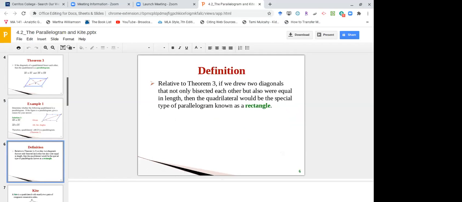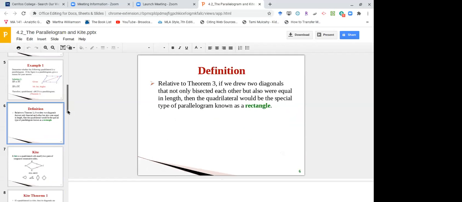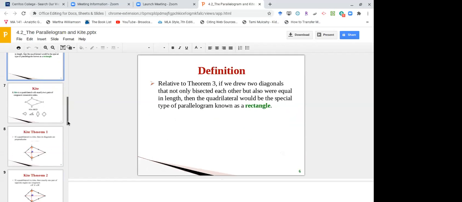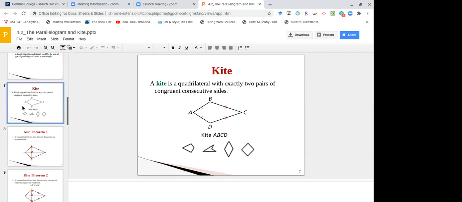So if you drew two diagonals that not only bisected, remember that means cut in half into two equal parts, they not only bisected each other, but were equal in length, then we would get a rectangle, okay? So we're also studying rectangles, but besides rectangles, we have kites, and kites are a quadrilateral, okay, so it's four-sided,